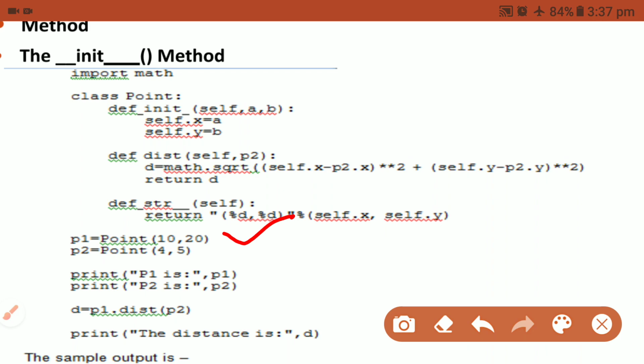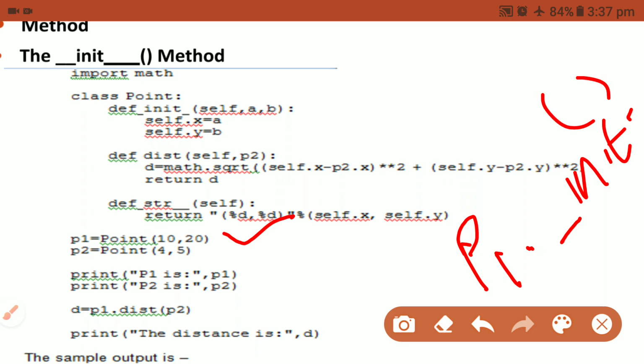Internally, how exactly is it called? Internally it is p1.__init__, like that. This is the calling method, so automatically it will be called. Here p1 is the object, and the reference to the object will be created.